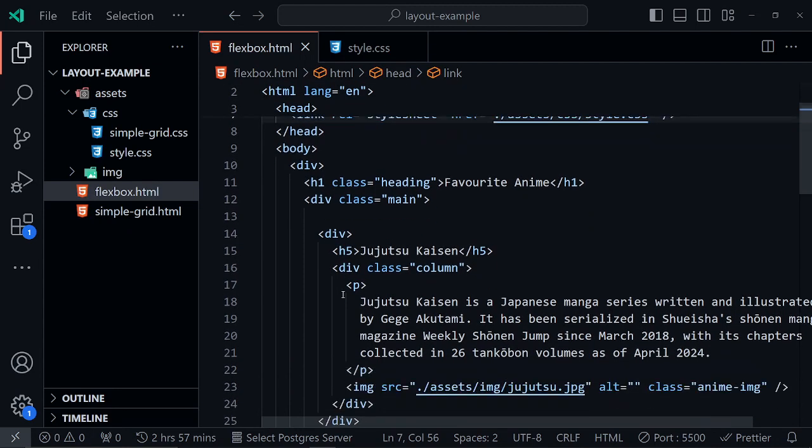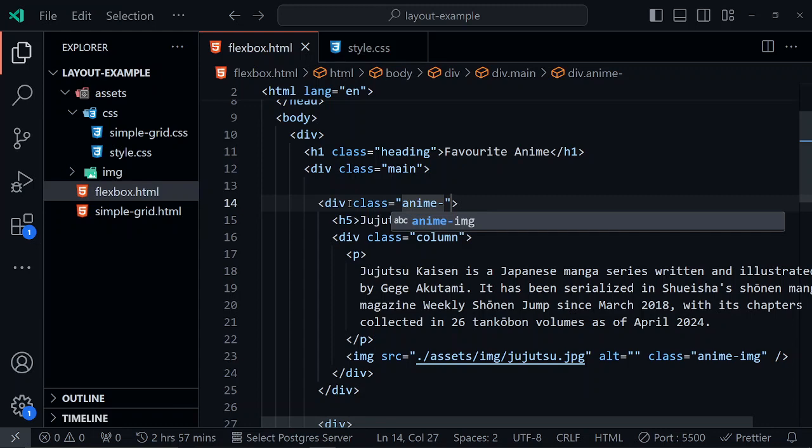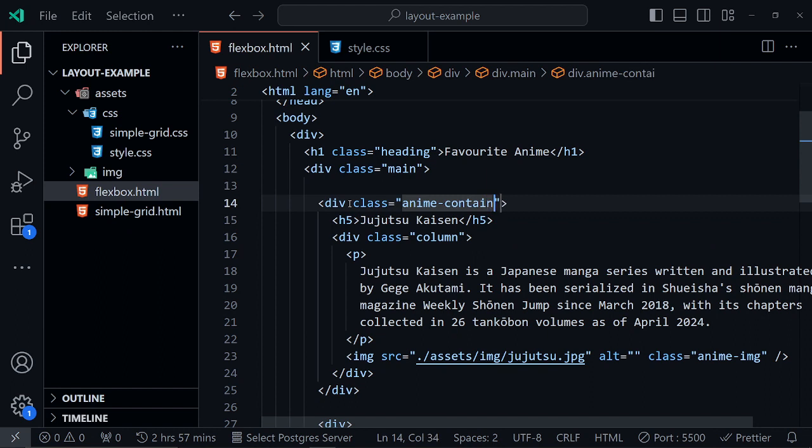Okay, so you see, this is the div. I can also give this div a class name, and say maybe anime. I would say just card or container. Yeah. So now we can see that this is the anime container,